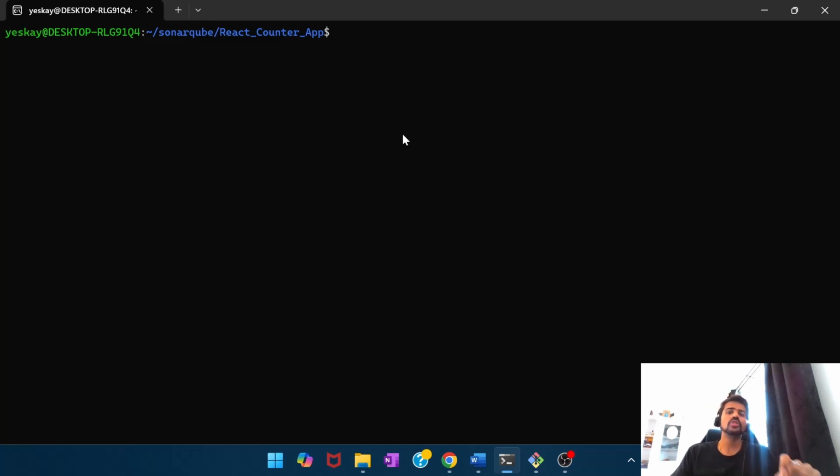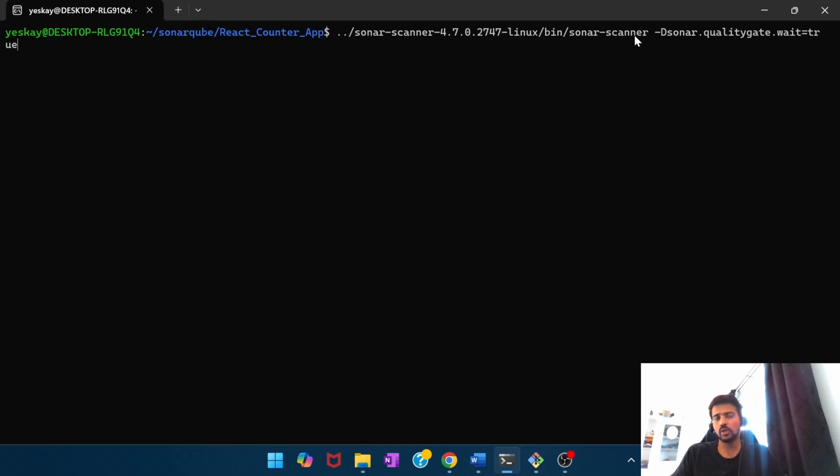But to enforce the quality gate, we need to add an additional argument, -Dsonar.qualitygate.wait=true, which will look something like this. This path is where my sonar scanner exists because I did not add it to the environment path. So I navigate to the path where the binary is, followed by an additional argument which will enforce the quality gate, which is sonar.qualitygate.wait equal to true. If I give enter,